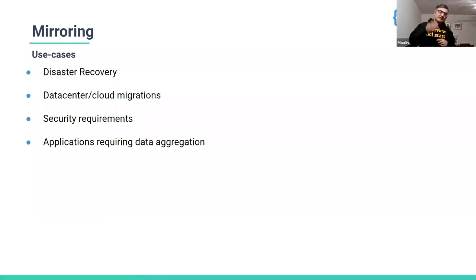The other use case is when you are doing migrations, like on-prem, you are setting up a new data center, let's say, or you are going from on-prem to cloud. Then, in certain cases, you will want to simplify your producer client ecosystem movement. And at that point, you want to mirror the data to make it available so that you can move different applications at different times without having them lose any data.